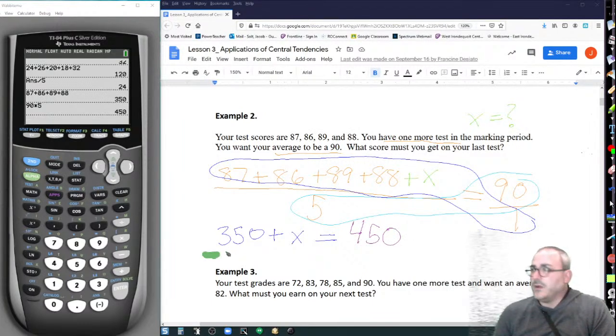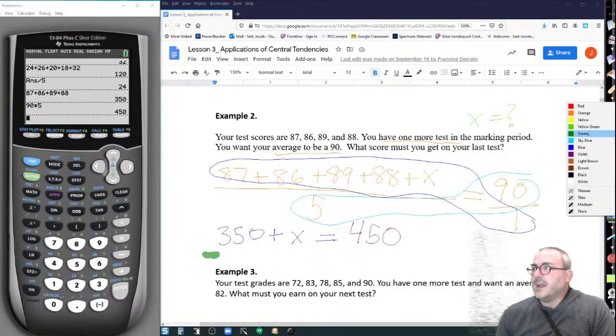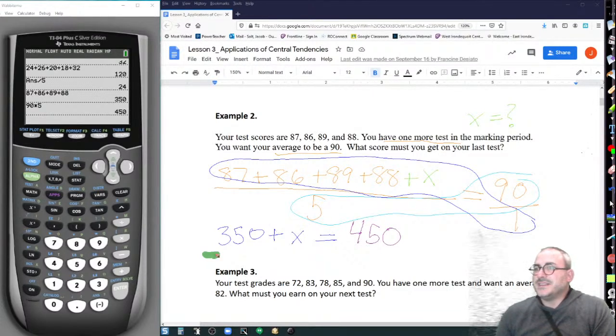I'm going to subtract. Whoa, is that a crayon? I didn't want a crayon. Okay. I'm particular about my writing implements. That's just not going to work for me at all. All right, so